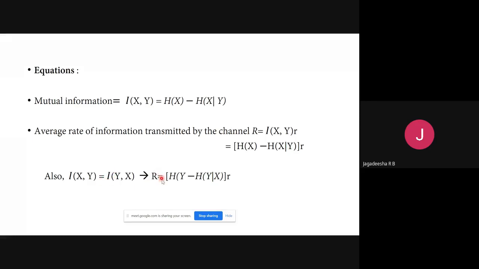So now how can we define R? R in that case is nothing but the entropy of the output minus the conditional entropy of the output, multiplied by R. So basically this equation,